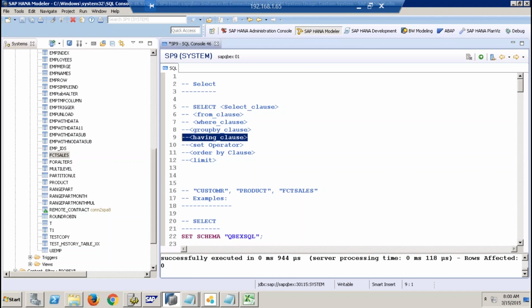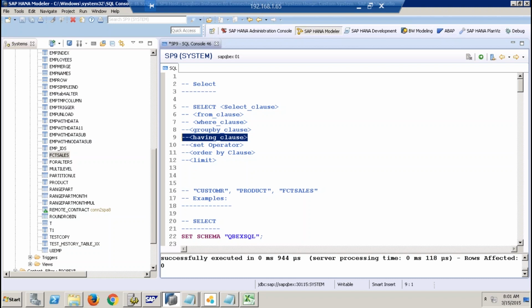Let's say you want to apply row-level filtering based on a non-aggregation field, which cannot be aggregated. For example, I have a region, east plus south, you can't add it up, right? But if you see a numeric value like net sales, sum of net sales makes sense. Yes, sum of quantities makes sense. Now if you would like to apply row-level filtering based on non-aggregation fields, then it will be where